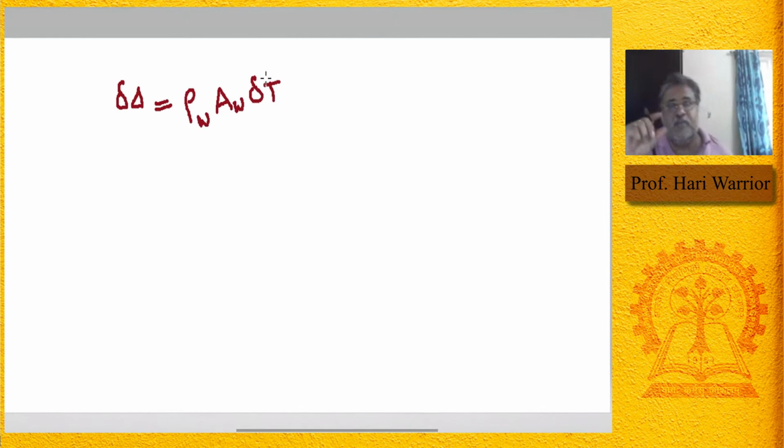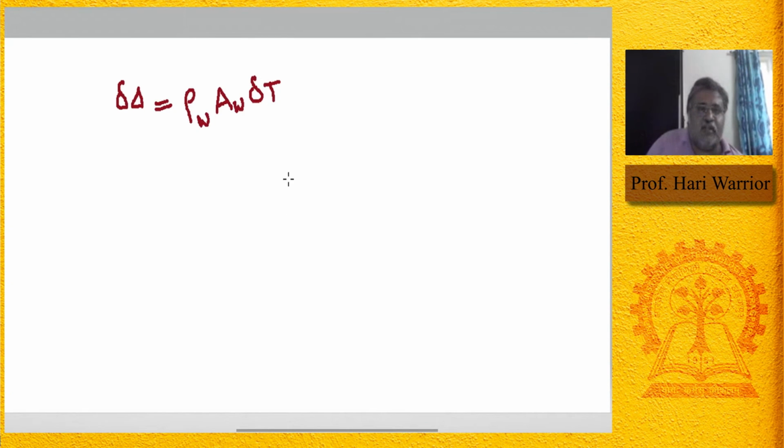Let's assume that delta t is the distance by which the draft increased. When I put a weight on the ship, delta t is the distance by which the draft increased. And let us assume delta t is very small, so that the water plane area in the top region and bottom region of that delta t is fairly same. Therefore, the water plane area is AW. So water plane area into delta t will give you delta V, the volume, and multiplied by the density of water will give you the weight of the body added. It is equal to the weight of the body added.